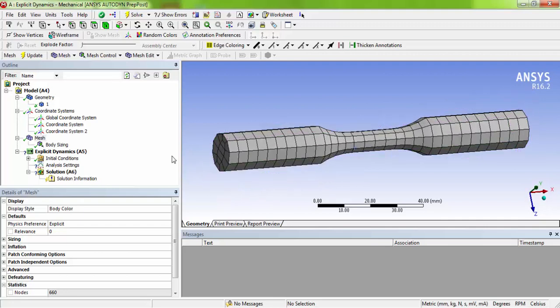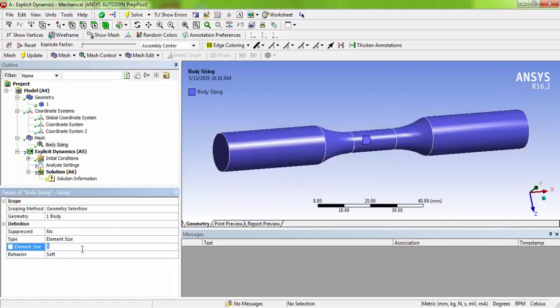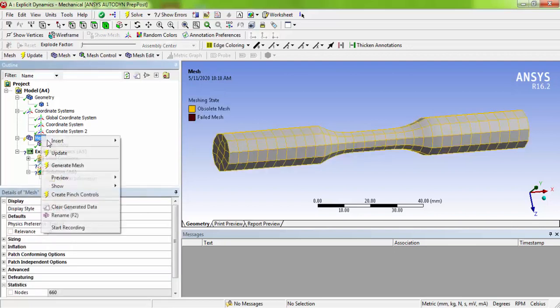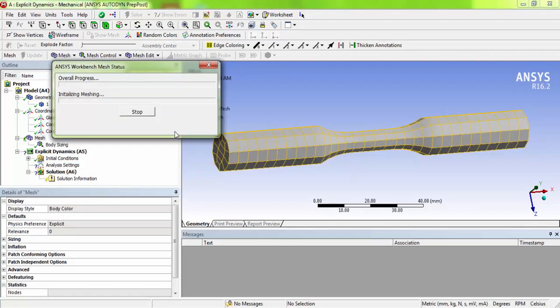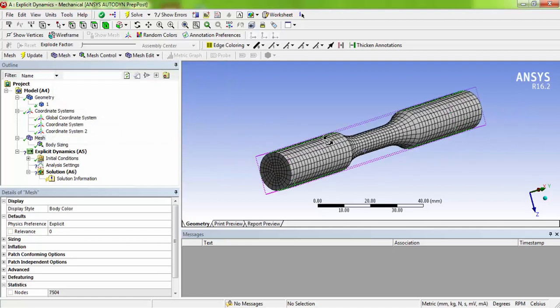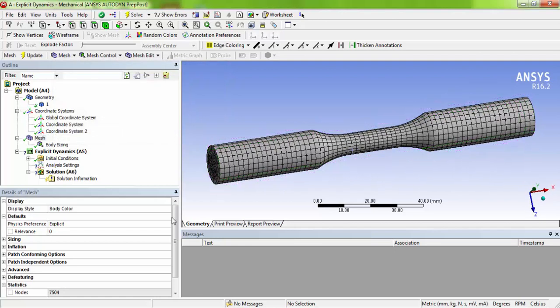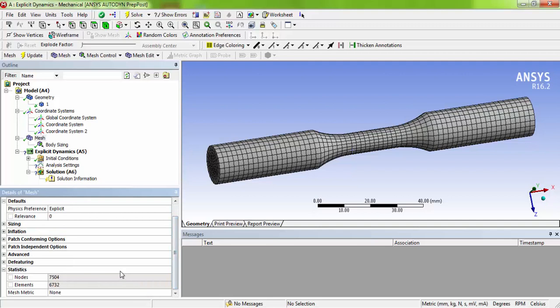Somehow it is a coarse mesh, so we can go with 2 mm size. So now it is a uniform mesh with the number of nodes as 7504 and 6732 elements.